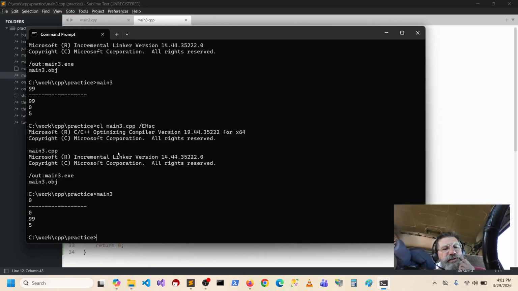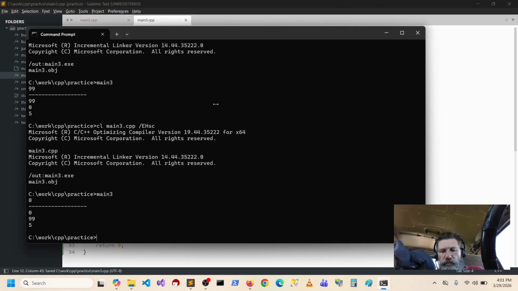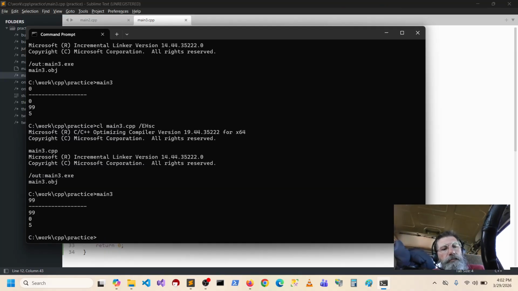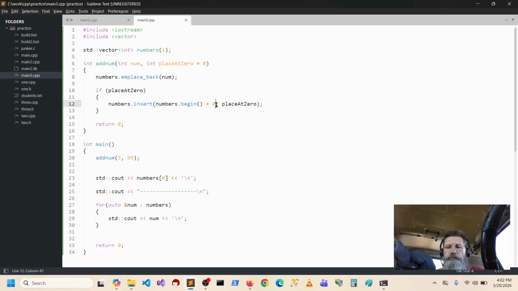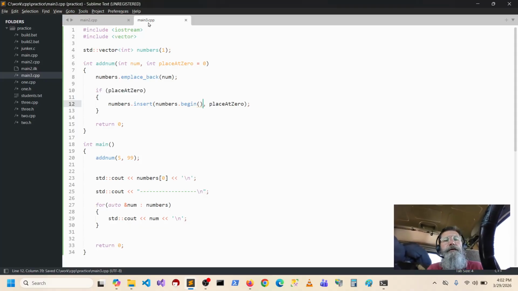Now, see, that's not... Okay, let's do +0 now. Which I thought +0 would be the same as beginning. No, that's the same. So, I don't know what the use case for this was, why they made it like this.